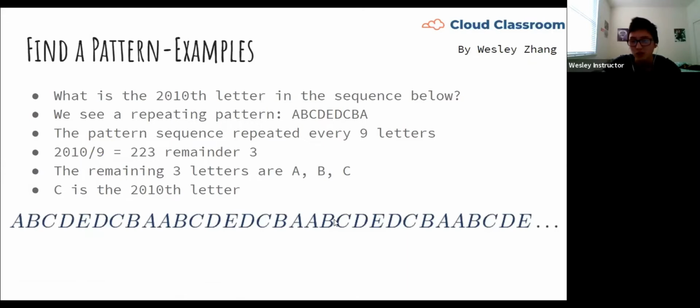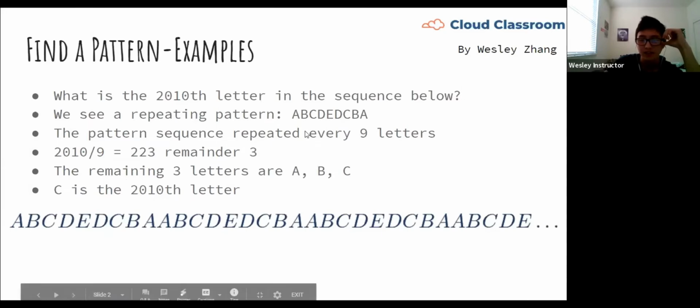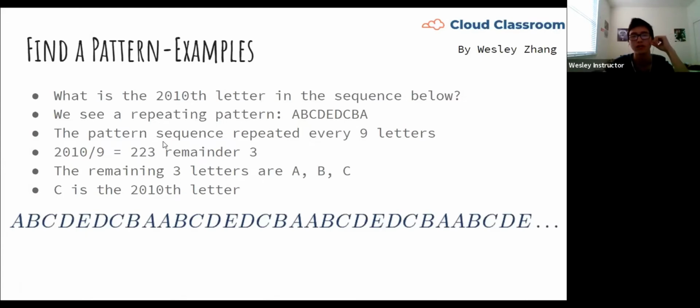So we don't want to count all the way to the 2010th letter. That's going to take you forever. So here's what we want to do. Since it repeats every 9 letters, we want to divide 2010 by 9, and that equals 223 remainder 3. So for these problems, you guys want to ignore the actual quotient. So just ignore the 223. All we care about is the remainder,